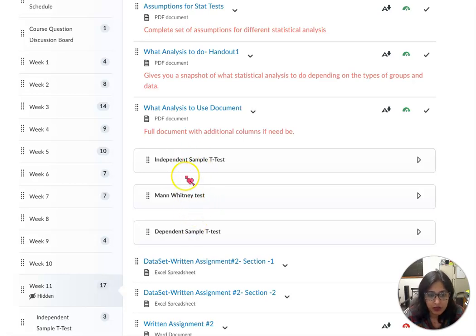So one of these three would apply to you. This is all for two groups. If you have more than two groups, then you're going to end up doing an ANOVA, and that is also another assignment that's going to come in. But for this week, you have these three things.